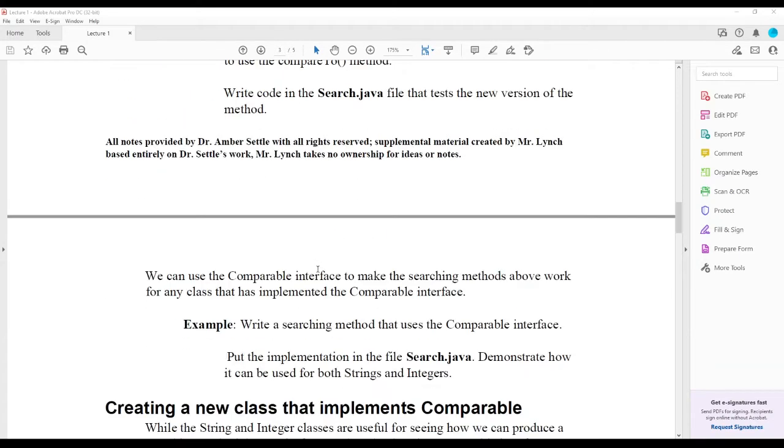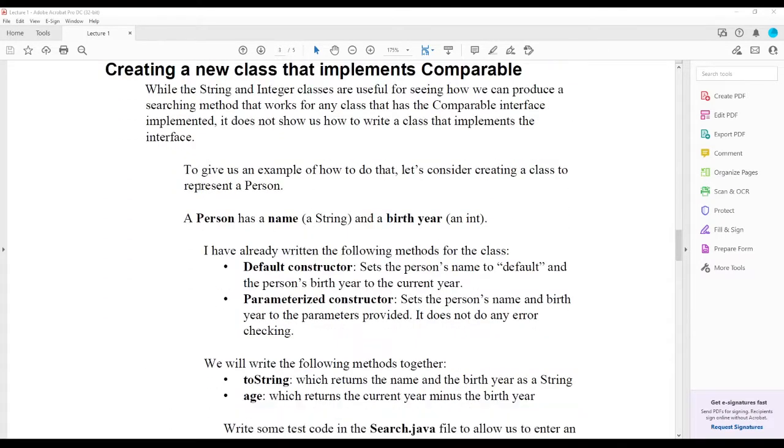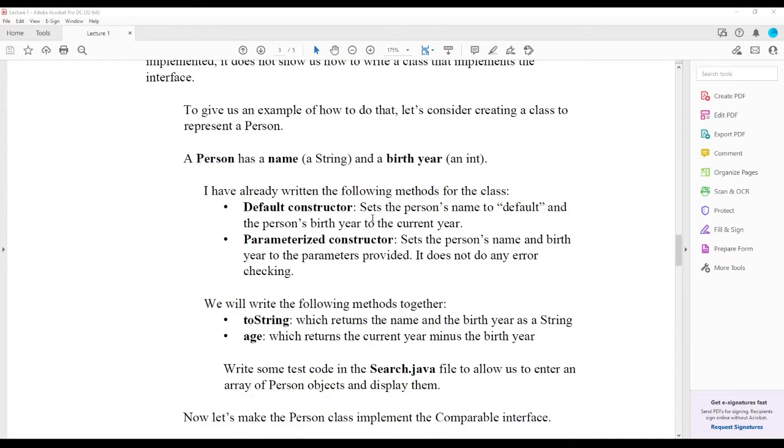Okay, everyone. So in this next section, we're going to be taking a look at how we can create a class called Person and use the Comparable method to see another way that we can compare two objects. And again, this is a bit similar to what we did for the equals method inside of Java,